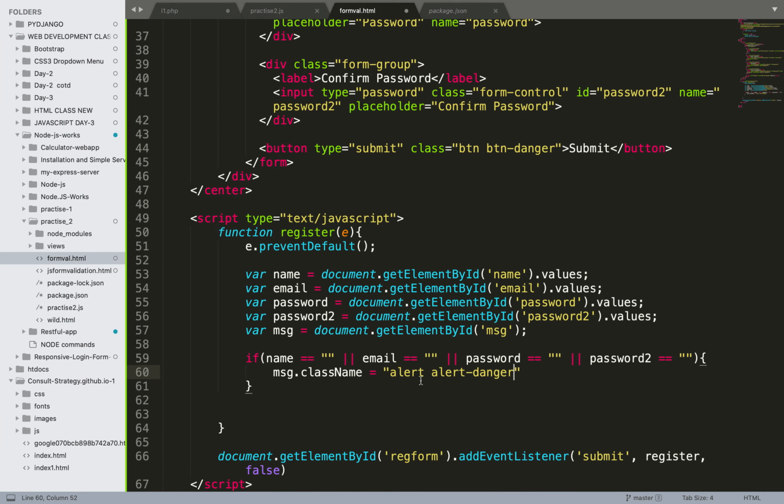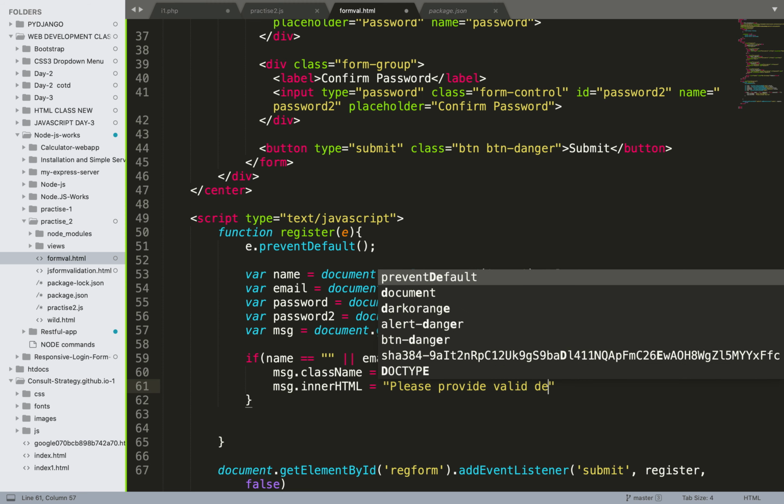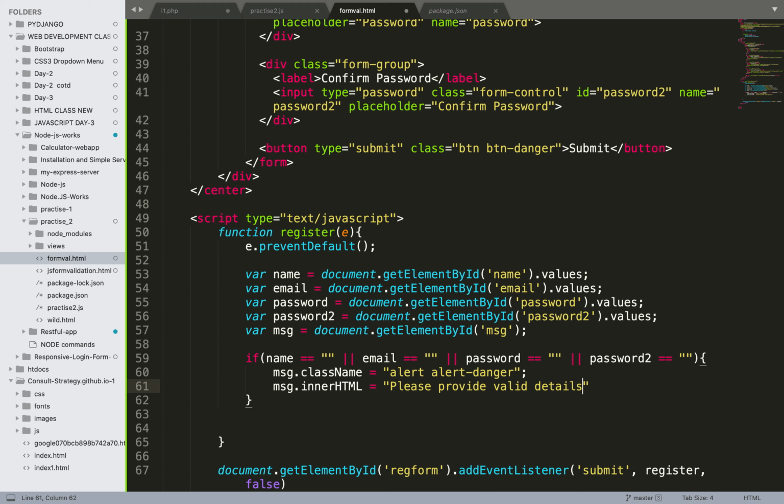So I have written the code alert danger, and then the message which will display, msg dot inner html, please provide valid details, right?